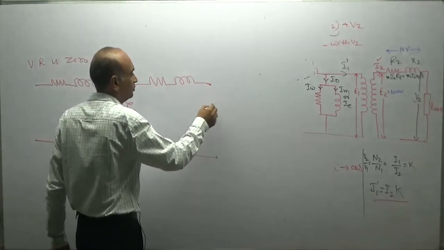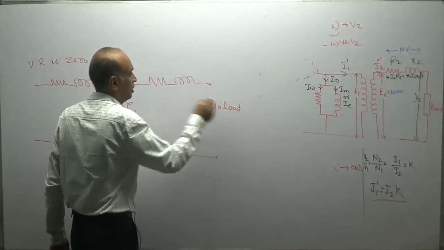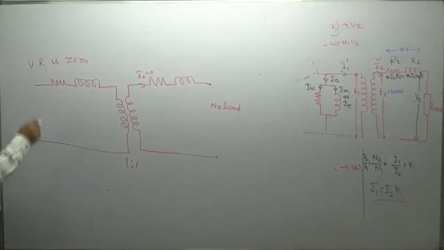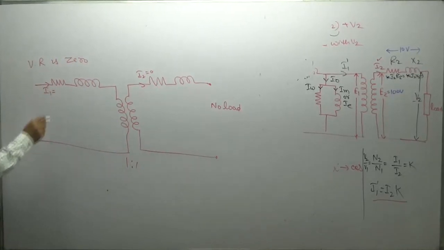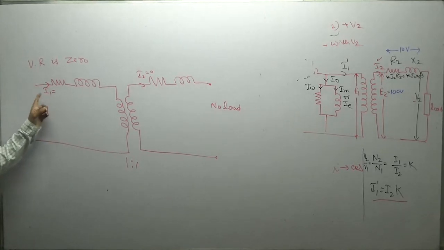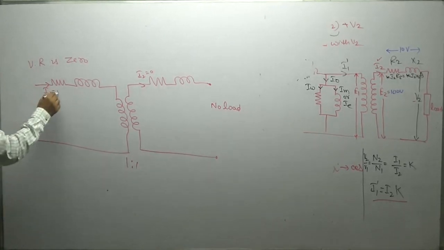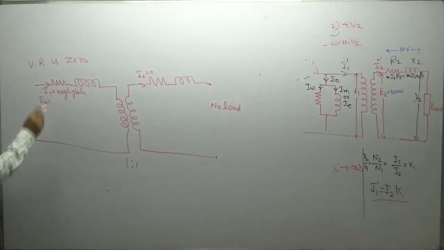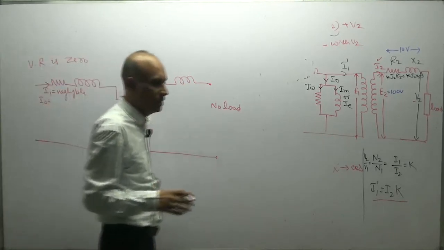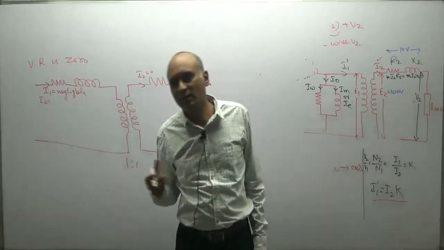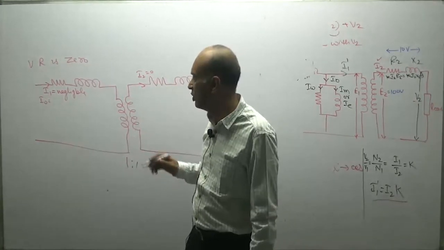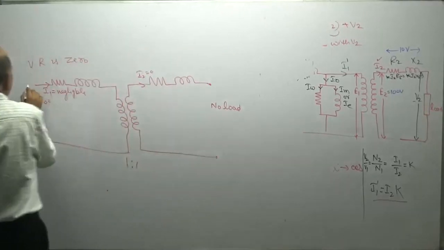At no load. If there is no load, it means there is no current. Primary side current is almost zero. Actually, there will be some primary side current, it is the no load current, but it is negligible. Okay. If there is no load on the transformer, then there is a primary side current, but it is negligible in that scenario.